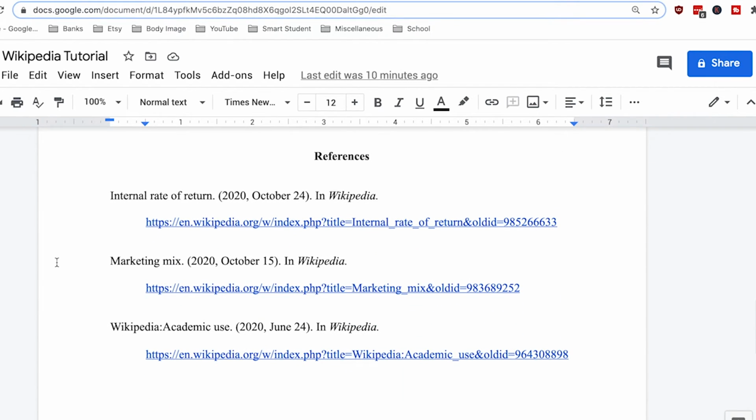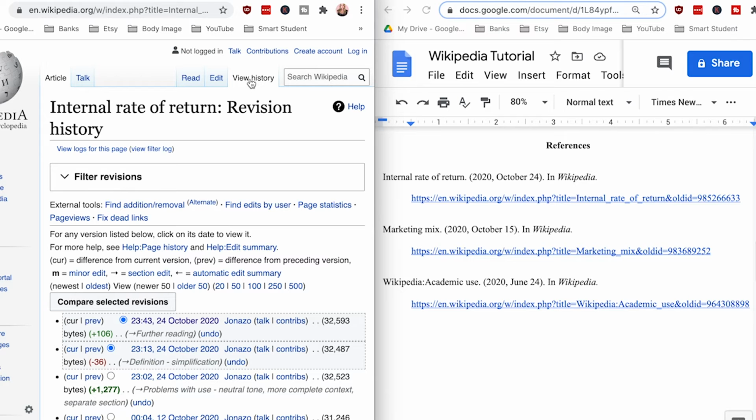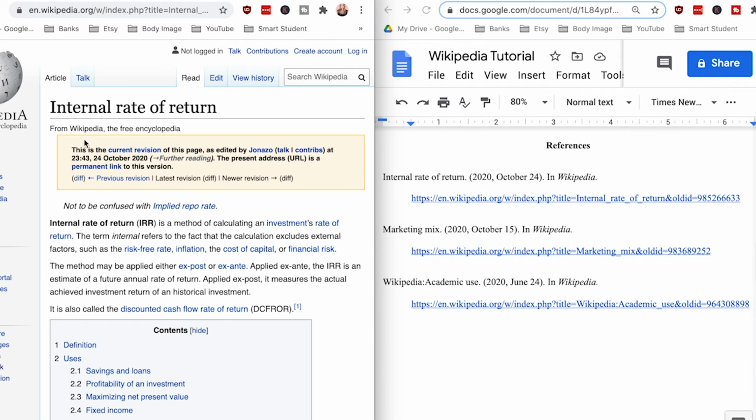So here are 3 completed Wikipedia reference list entries. Okay, so let's say this is the article that you want to use. What you want to do is come up here to where you see View History and click on it. All of these articles here are the archived versions of this page. So every time new changes are made to this page, it gets updated and all the past ones are archived. So what you want to do is click on the one that you're viewing, which is typically the first one because it's the most recent one. If you'll notice, this memo pops up where it lets you know that this is the current revision of this page. Once I have this, I can now make my reference list entry.